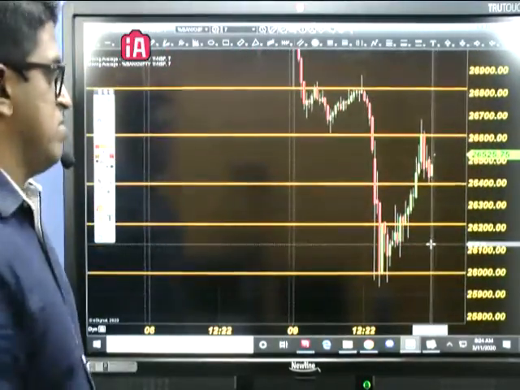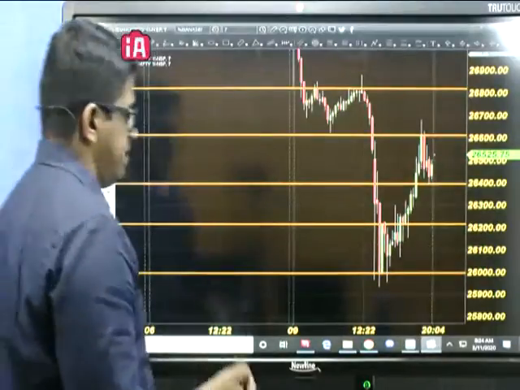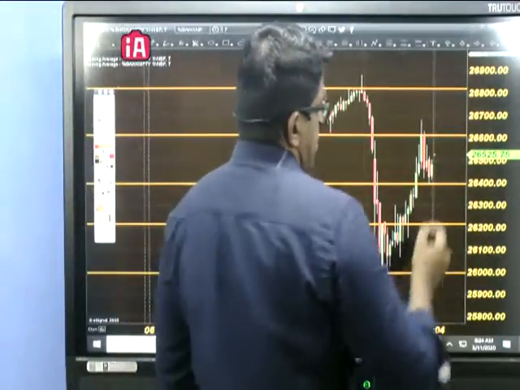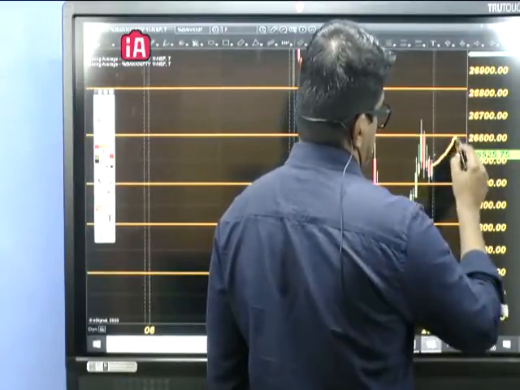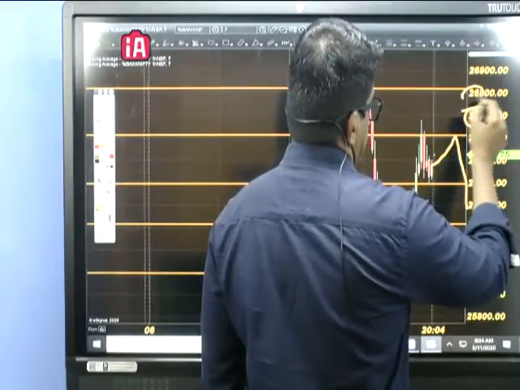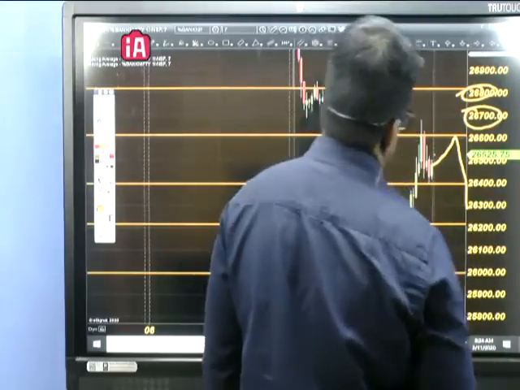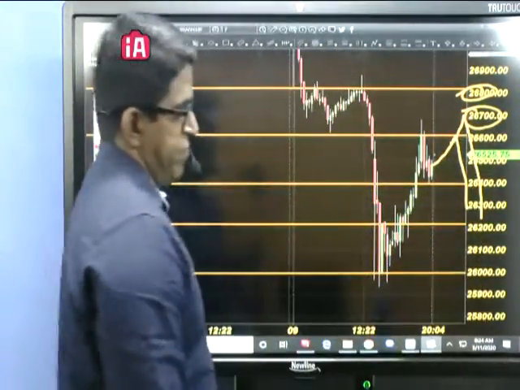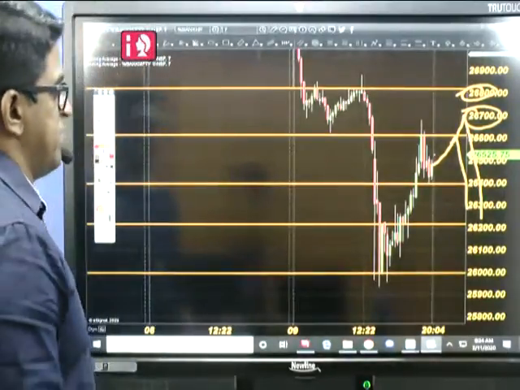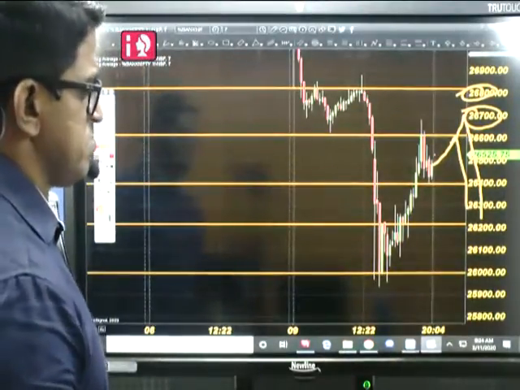I'm going to enlarge this. So for Bank Nifty, again, it's a very simple thing. If the price comes near 26,600, go for selling. 26,700, maybe 26,800 is also a resistance, but 26,700 will do for Bank Nifty. You can expect Bank Nifty to come down. Nothing more to add.